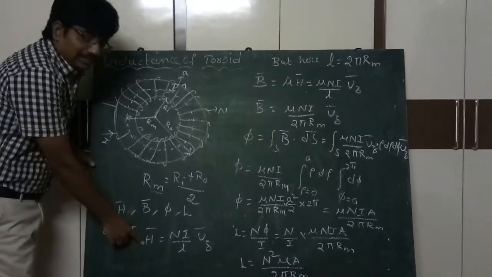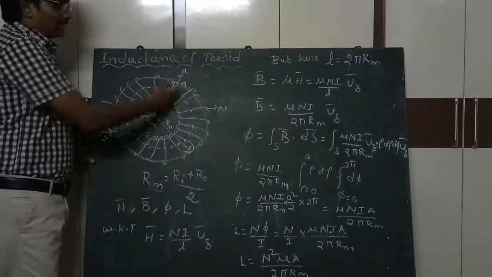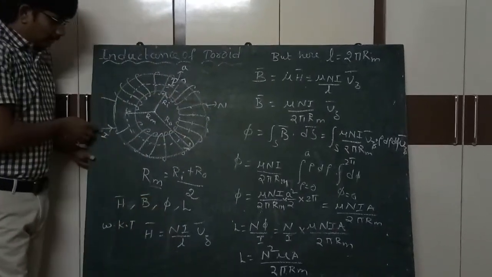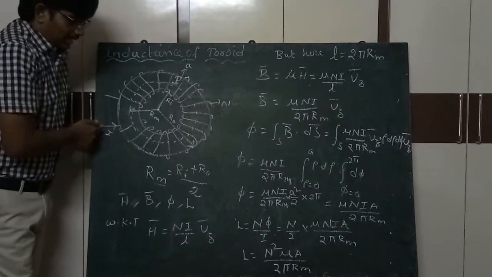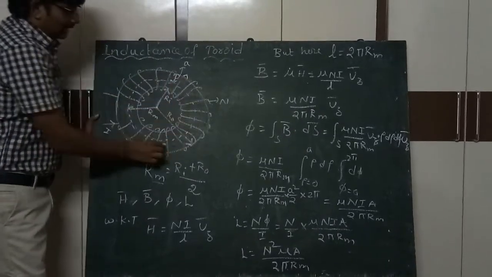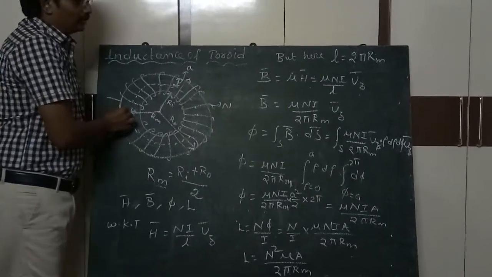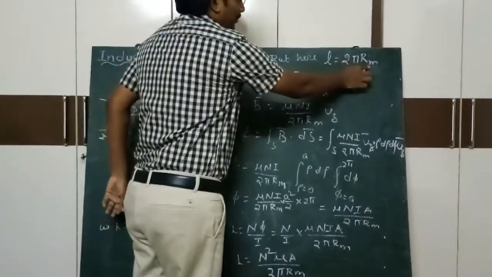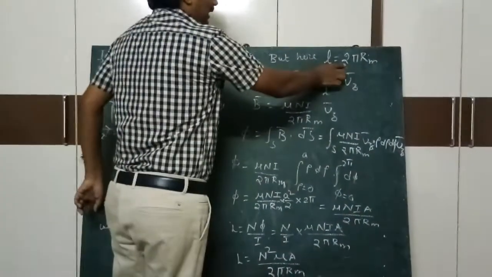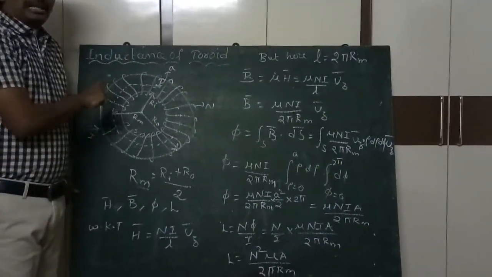So the magnetic field intensity due to the toroid, that is H bar, is equal to N I by L into Uz bar, where N is the number of turns in the toroid, which is assumed as capital N, and I is the current flowing through the toroid, which can be assumed as capital I, and L means the length of the toroid. Here the length of the toroid means the circumference or perimeter of the toroid, that is equal to 2 pi Rm, where Rm is the mean radius of the toroid. So here length means circumference, which is equal to 2 pi Rm. Okay. So that is the only difference between solenoid and toroid.